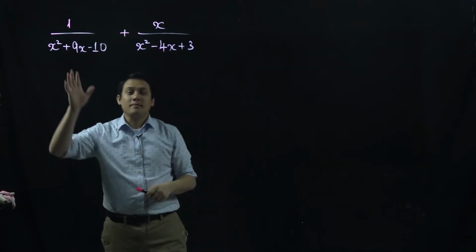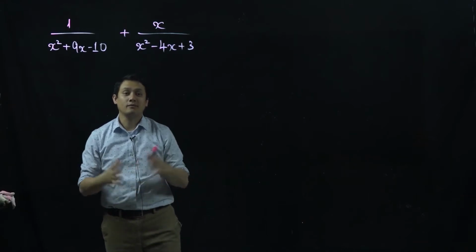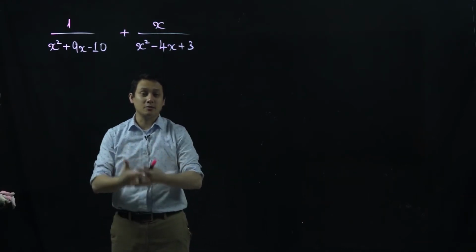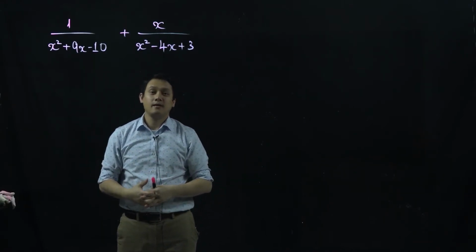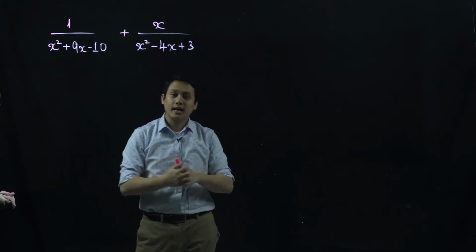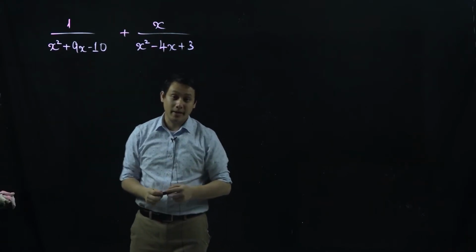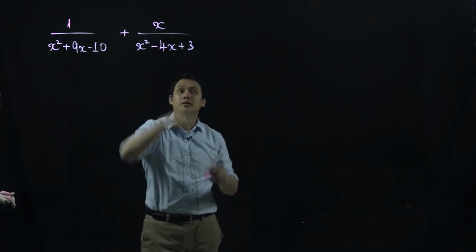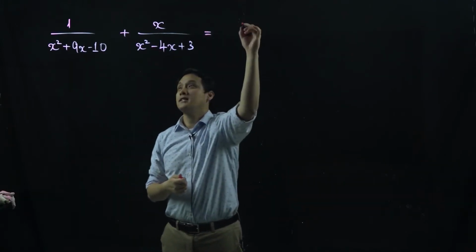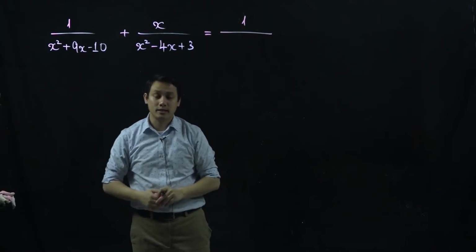So for this problem, I have two rational expressions adding together. When you have two rational expressions adding or subtracting one another, then you have to find the least common denominator. But before you even get into the least common denominator, you have to factor the denominator. Okay? So for these two expressions, I can rewrite this as 1 over the factor of x squared plus 9x